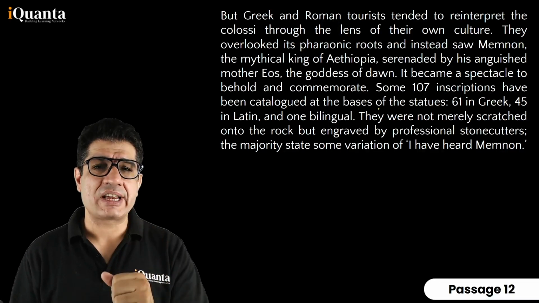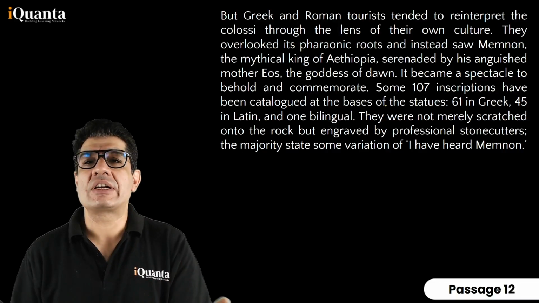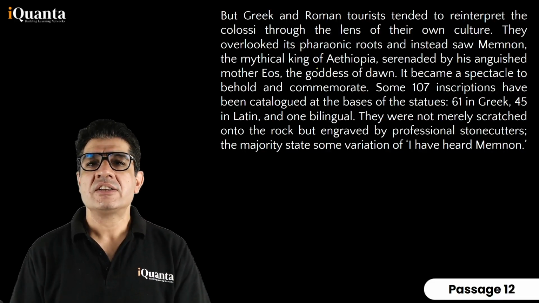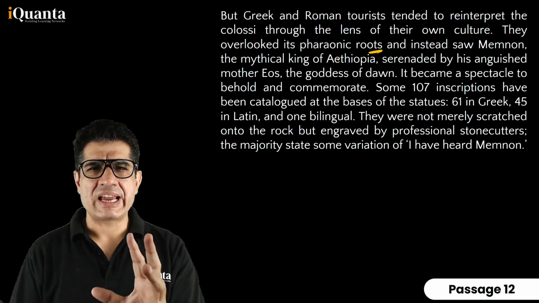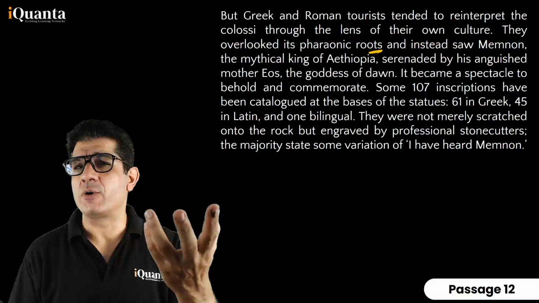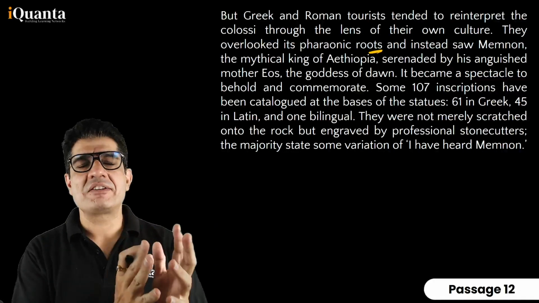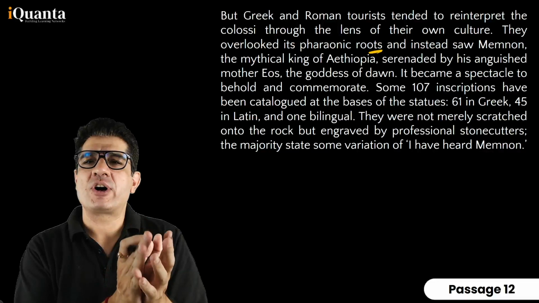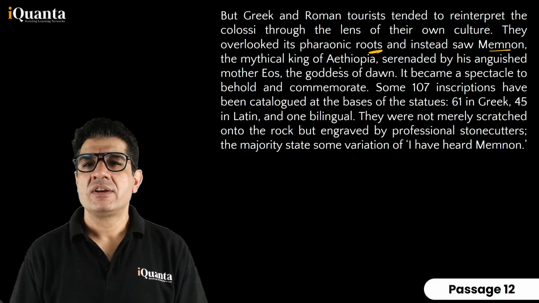So they looked at those statues and reinterpreted them using the point of view of their own culture. So they overlooked its pharaonic roots. So in reality, it was part of what? A mortuary temple built for a pharaoh. A pharaoh is basically an Egyptian king. So they ignored the fact that it was built by and for Egyptians and instead saw Memnon, the mythical king